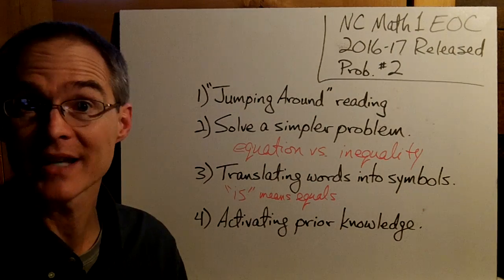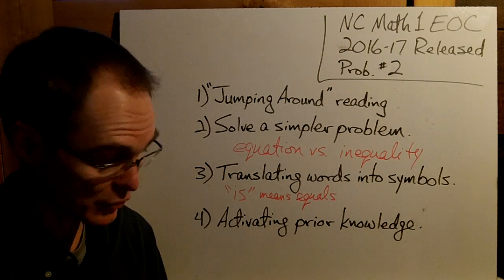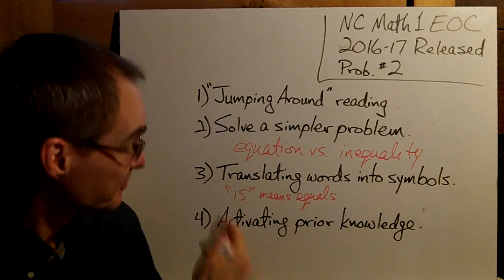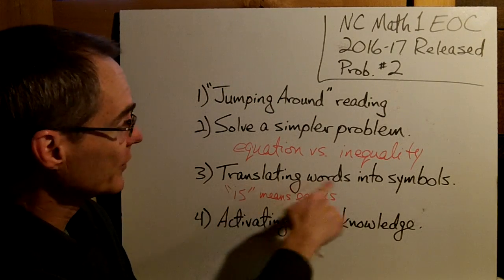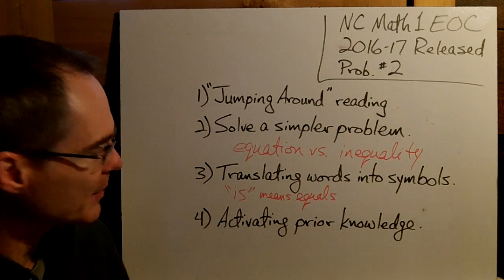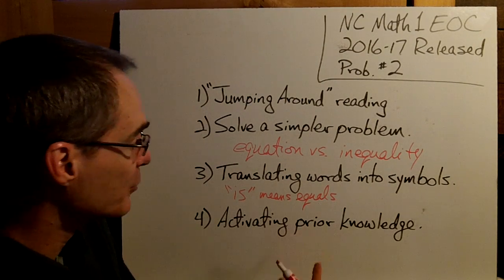So sometimes you get problems like that where on first glance it looks like the answer choices are fairly complicated, but then when you look at them a little more closely, that translating words into symbols part was fairly straightforward. Finally, the activating prior knowledge strategy, and in this case we activated prior knowledge that we had about linear functions,